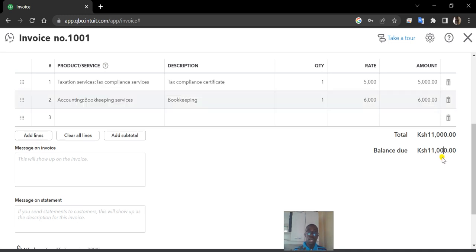Assuming that these are what this person is owing us, because I'm providing these services to the person. I know one will ask, what if we normally talk of the deposit received, or whenever you're talking of discounts that we are supposed to give, how are we supposed to insert that? Definitely I'm going to guide you on the same. So you can literally have a message on the invoice, whereby you can have, say,